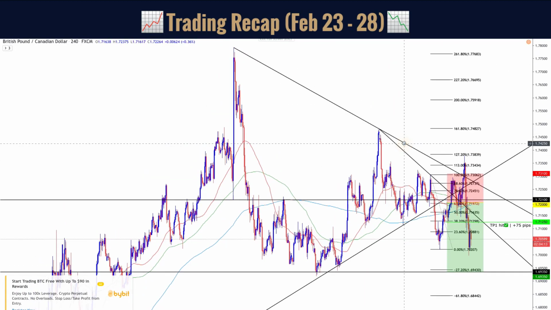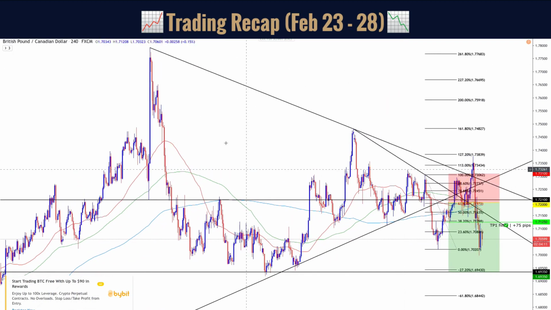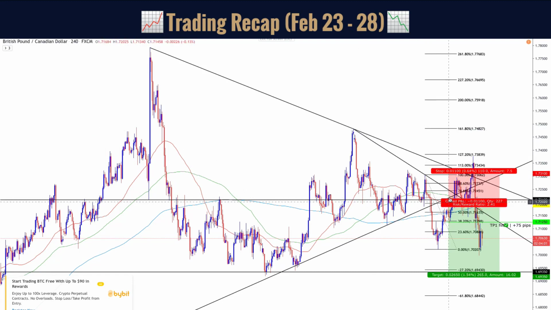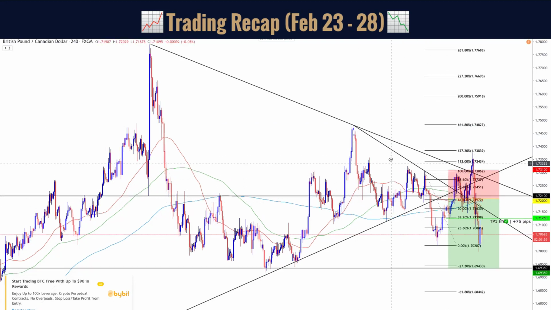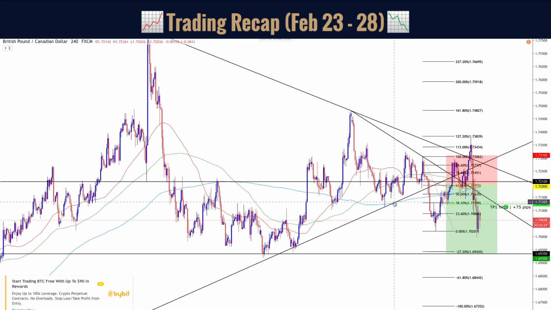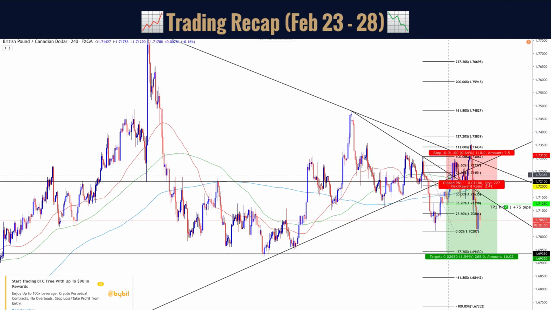see that the triangle is present right here, and you can also see this another trend line touching these two highs. At this point right here, we were expecting, after the break of this trend line, the one that was retested 7 times, we were expecting a correction, maybe till even the 78.6, but just to make it more conservative,